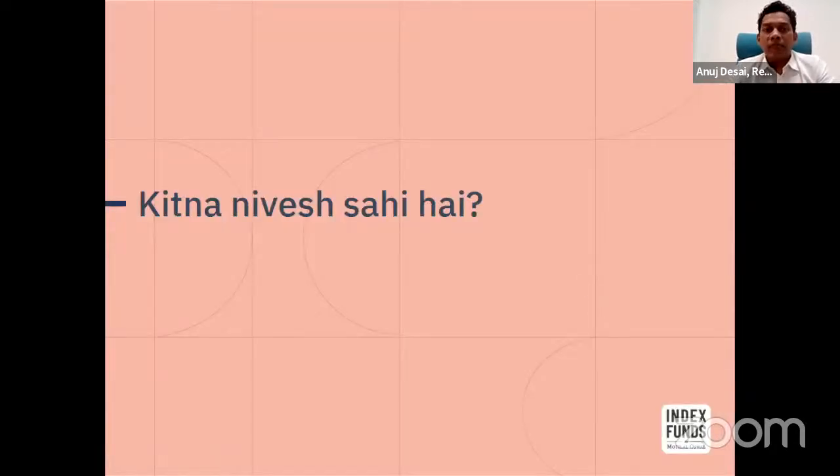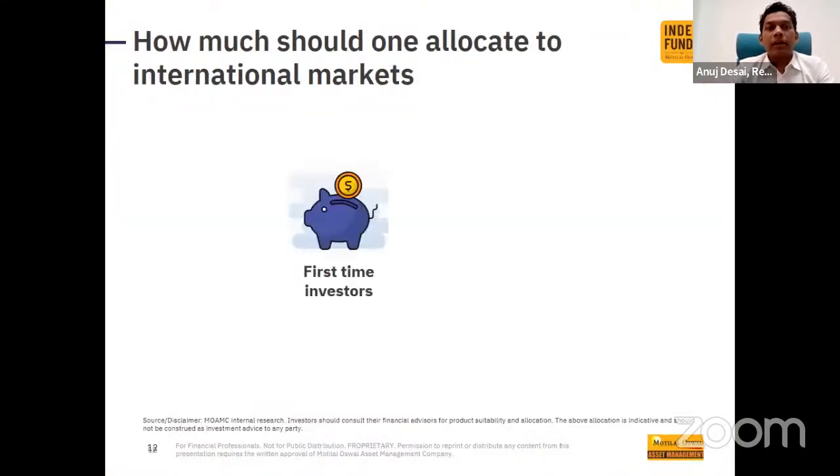Now this is one very common question that we get, is how much should we invest, because people do not know. अभी आपके पास 100 रुपए है, 100 रुपए में से मैंने कितने पैसे यहाँ पे लगाने चाहिए। तो सवाल आता है अगर आप first time investor हो, या तो you are new to the markets, in that case I would suggest start with 10% allocation, right? You just invest 10%. आपके पास 100 रुपीस है जो equity markets में आप डालोगे, तो सिर्फ 10% allocation आपका international markets में जाना चाहिए।